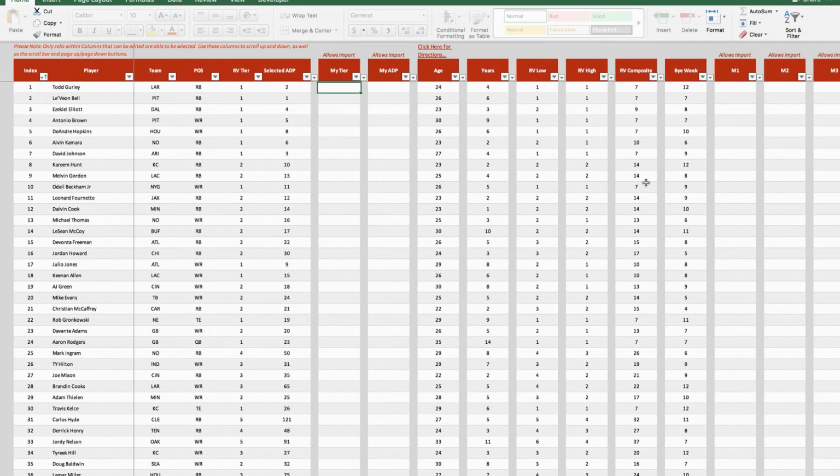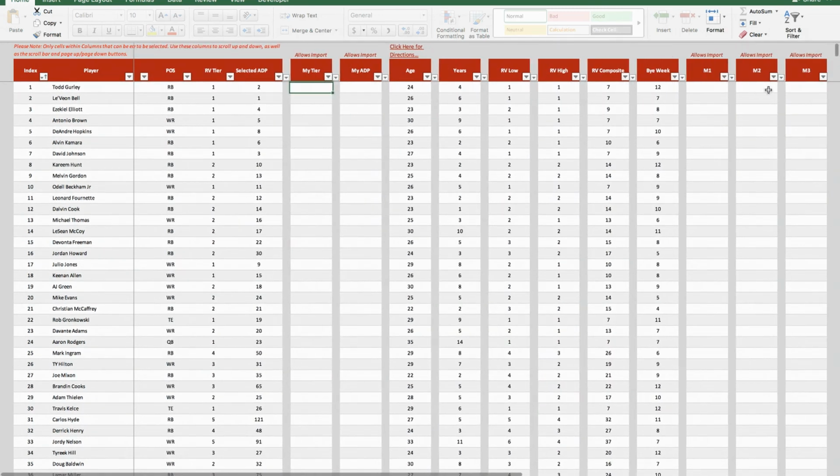Yeah, definitely. Great question. So we have 3 columns that you can put anything you want in for a particular player. So maybe I just want to call it target, and I want to say any player that we want to target in this draft, we're going to put an X next to. So I could go and find somebody like AJ Green, and I put an X next to his name. And then if we go over to the RV dash tab